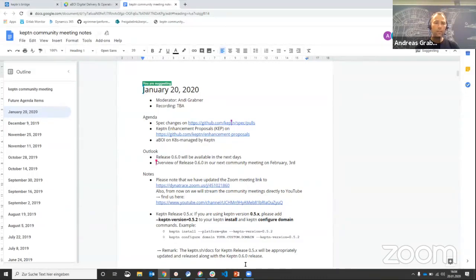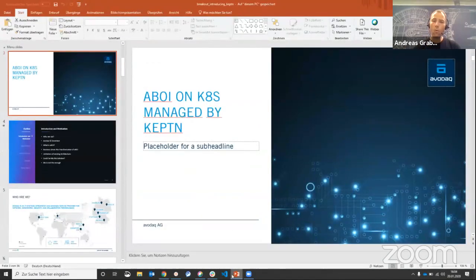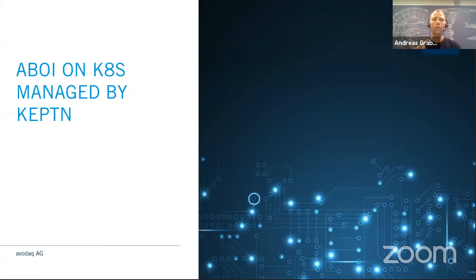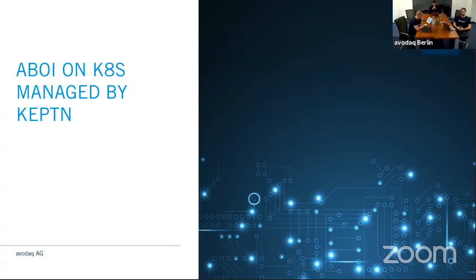Last remark, I guess you can read for yourself. Now, I want to hand it over to Sebastian and team in Berlin, who will give us an overview of, I would say, the first public project that is using Keptn. We want to learn more about it, and that's what I'm interested in. I want to know what aBOI actually does. What is aBOI? Why did you select Kubernetes? Why did you select Keptn, and how does it really help you? I think that's also going to be interesting for our audience out there, to understand better what problems Keptn really solves for you. This I want to hand over.